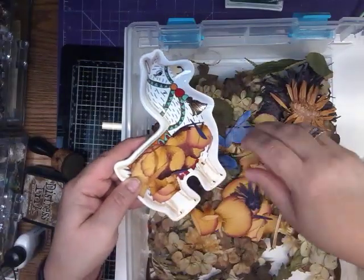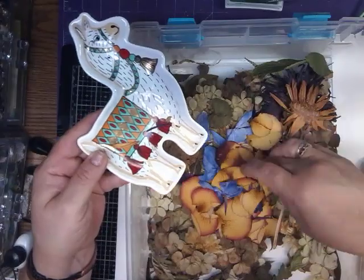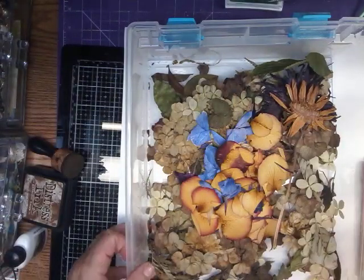I just took these out of my big dictionary, and that's what I'm going to be playing with. So I'm going to be putting them on the side here. And then